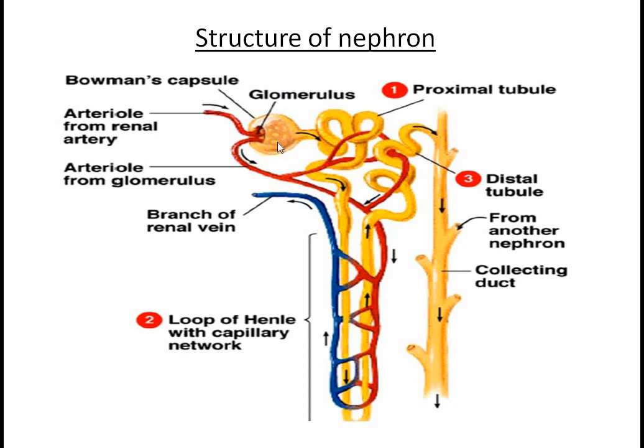Here this is the glomerulus. The network of capillaries is called the glomerulus. In this glomerulus, nitrogenous waste is removed from the blood along with excess water, and the filtrate is removed through these tubes. Filtrate contains water, nitrogenous waste, amino acids, which are the units of protein, glucose, and some salts. All these together are filtered out from the blood.